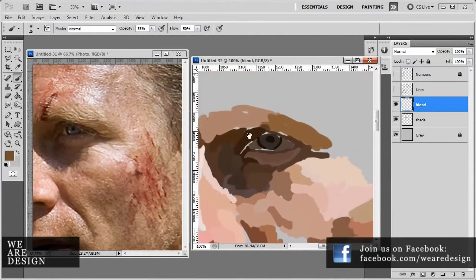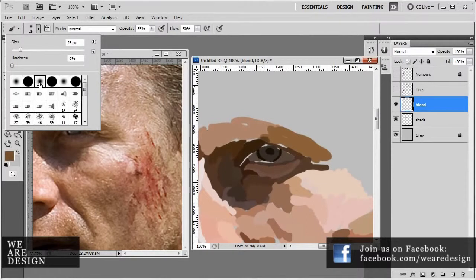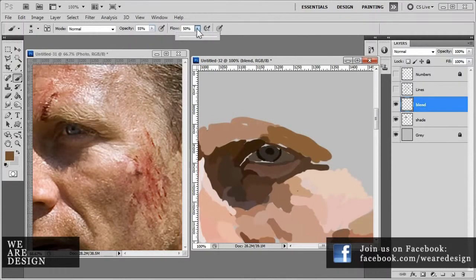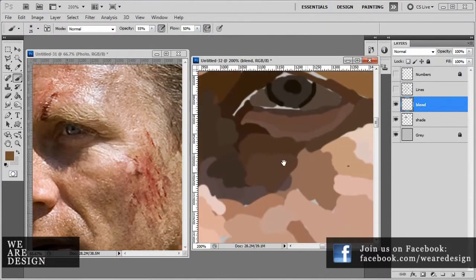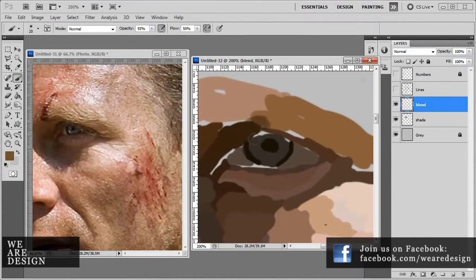Now what you want to do is get a soft brush like this one, set your opacity down to around 50, flow around 50, and if you've got CS5 then you can click these buttons as well and they help blend in the paint. And then we'll go into the eye area and we're just going to start